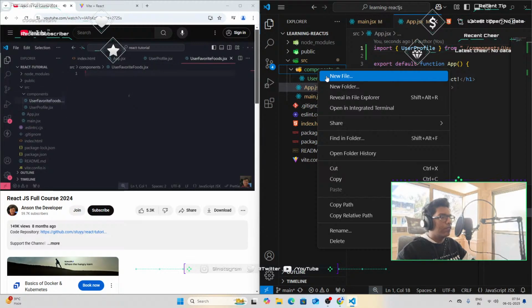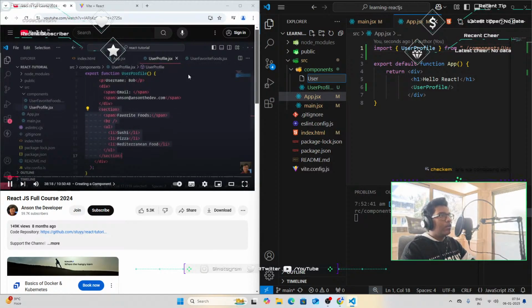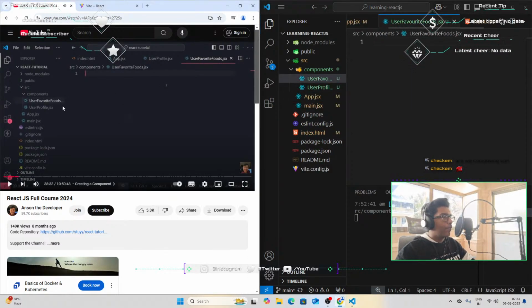So this is going to be a user favorite foods component, and what I'm going to do is abstract part of the user profile. I'm going to take this section that had this unordered list, and I'm going to move it into its own component. And again, this is something that you're going to do often in React. You're going to take components and put them into other components, so that way it makes